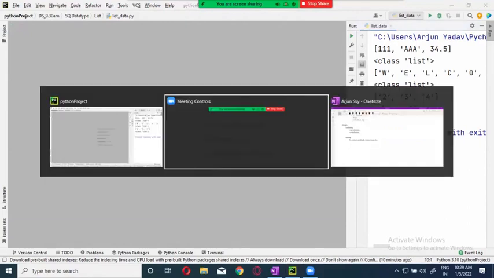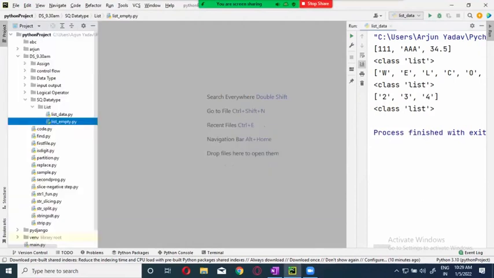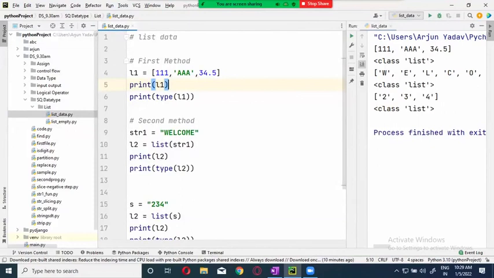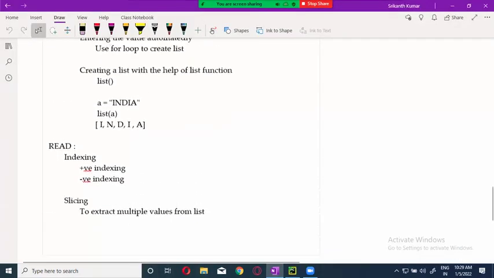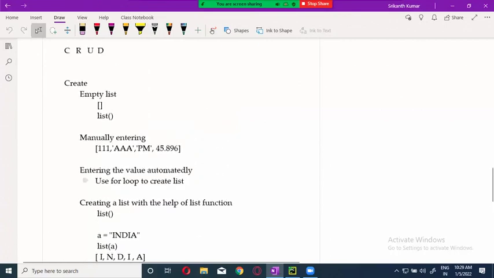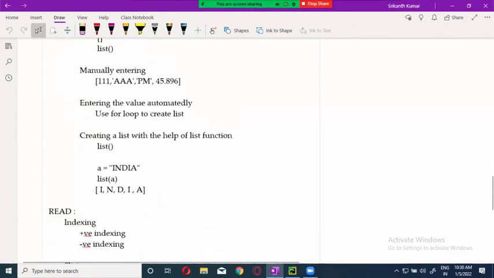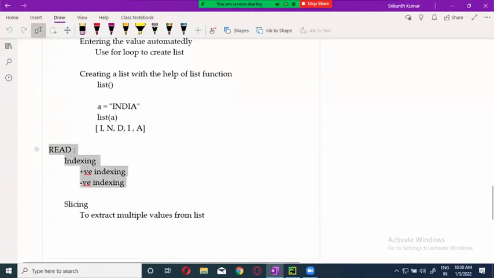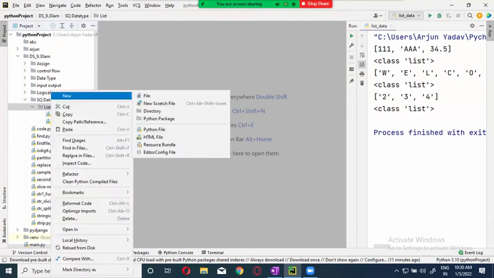What is the next one? Sorry, I removed that. Your people were writing it. Finished? Okay, that we have created the list. Now we have done with this one. Almost we have done with the create. If we wanted to do it with the for loop, I will show you. For that, we should know the append. Now reading the data. I want to read the data from the list. How to read the data? By using indexing or